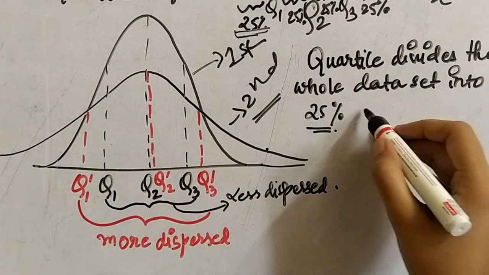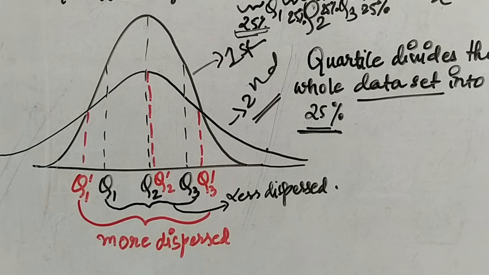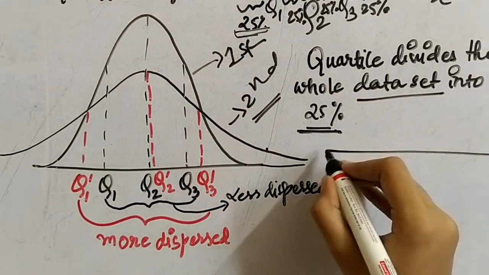But as I have mentioned here, quartile deviation only takes 25% of the data set. It is not based on each and every value of the distribution. That is why quartile deviation is not quite appropriate. We have read about range, we have read about quartile deviation. So you might be wondering, what is the best measure of dispersion? It is standard deviation. Though we are not going to read about it now,